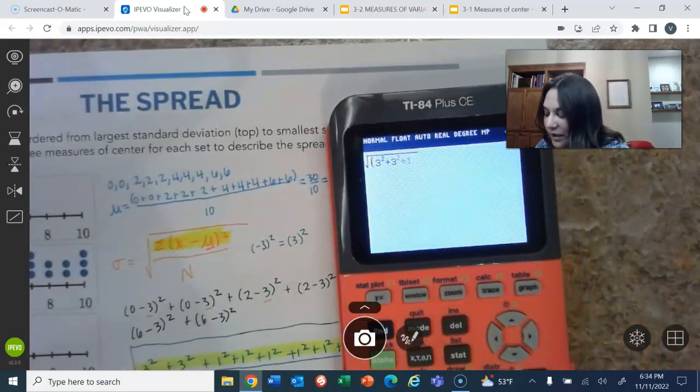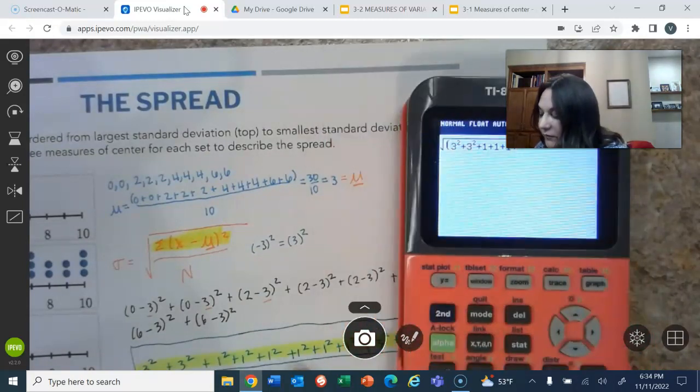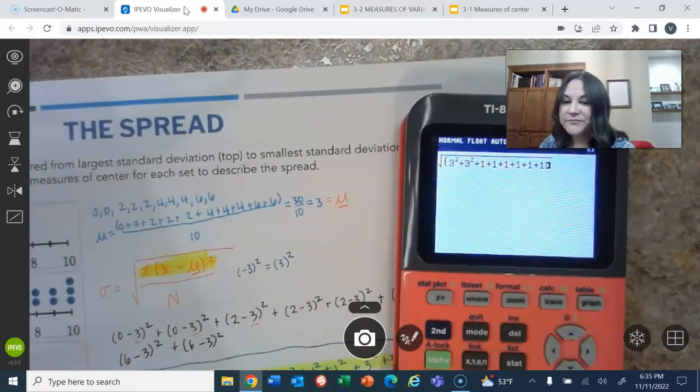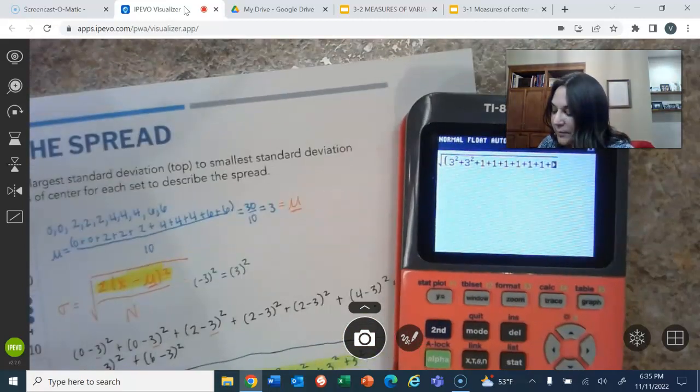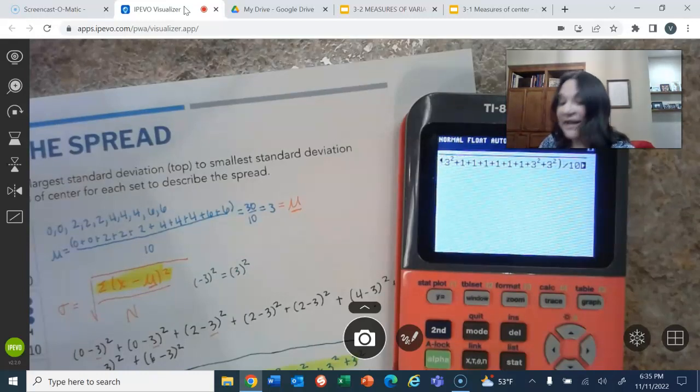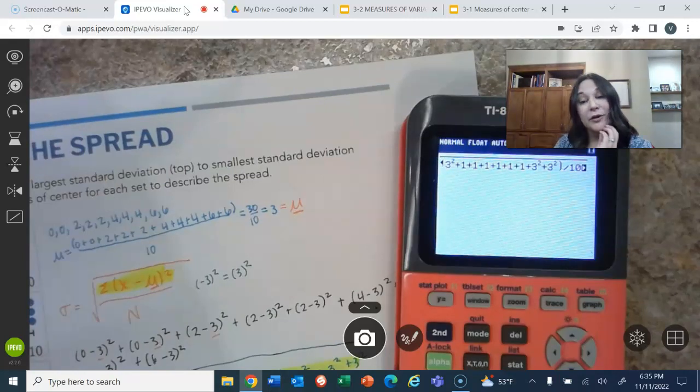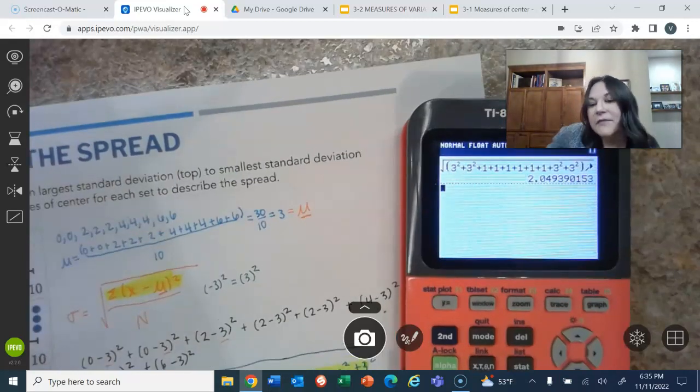1 squared is just 1. So 1, 2, 3, 4, 5, 6. Plus a couple more 3 squareds. And then I'm going to close the parentheses. And then I have to divide by 10, and this is all sitting underneath the square root sign. That's when I hit enter, and I'm getting this value